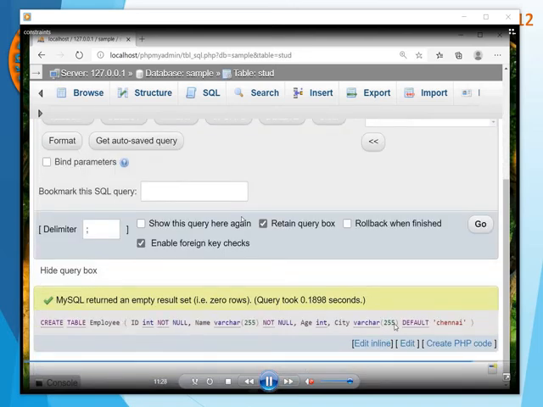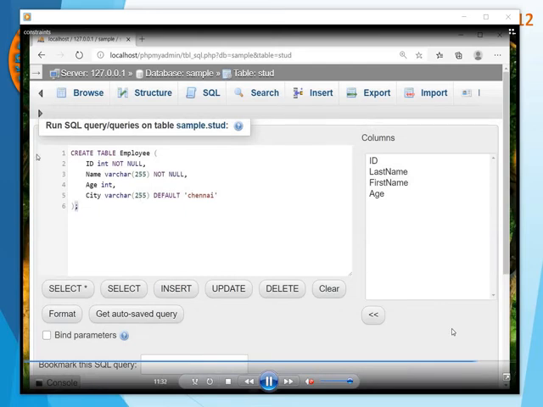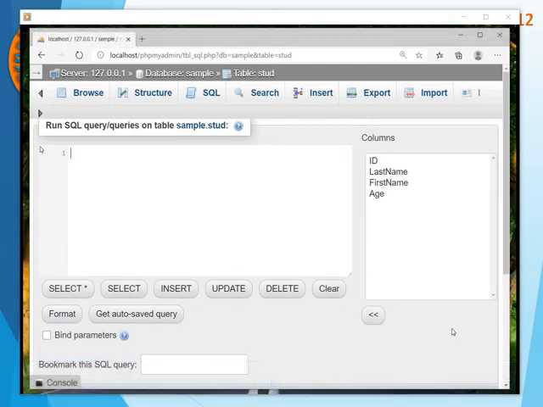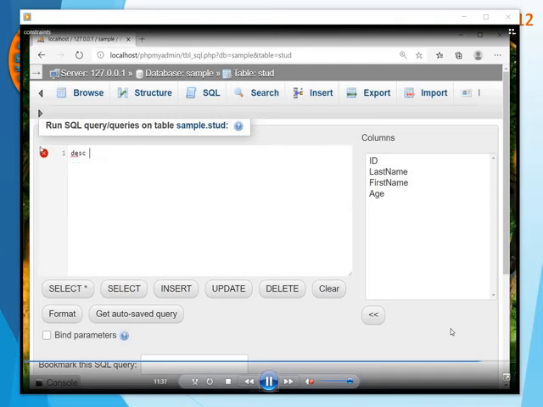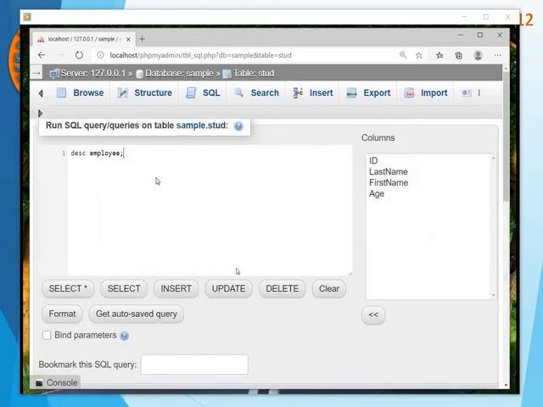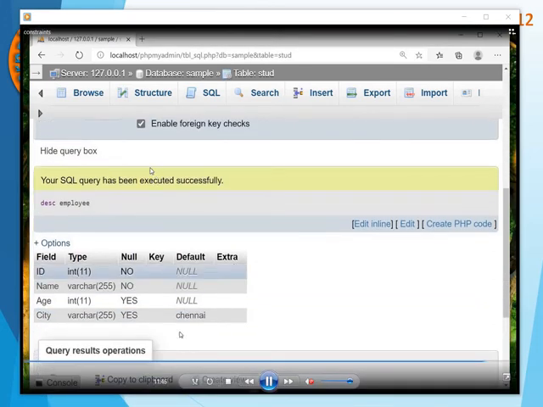So we created a table successfully with the default value Chennai. Now we are going to insert the record. Now we will see the structure of the table. So it is given the default value is Chennai.